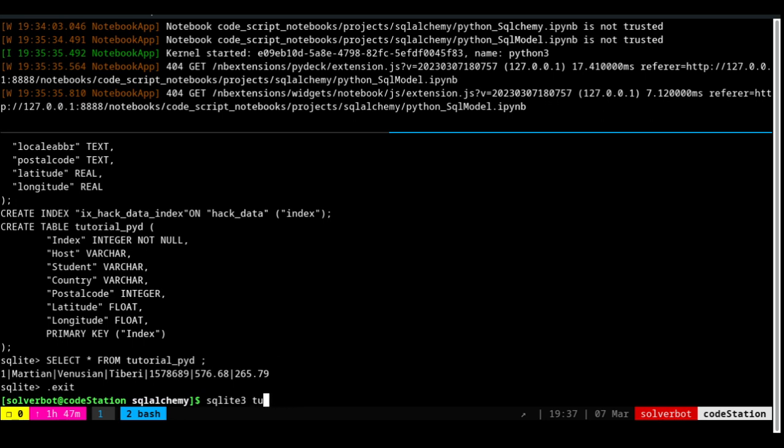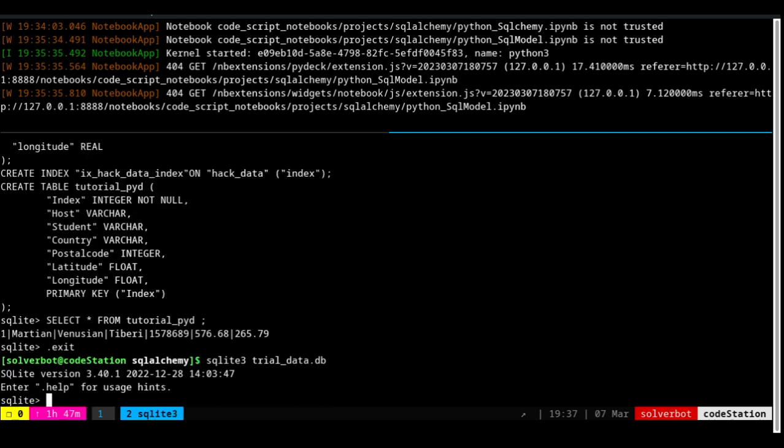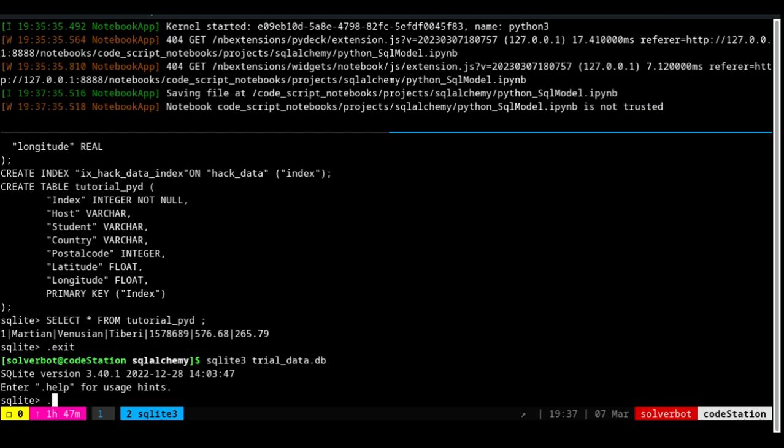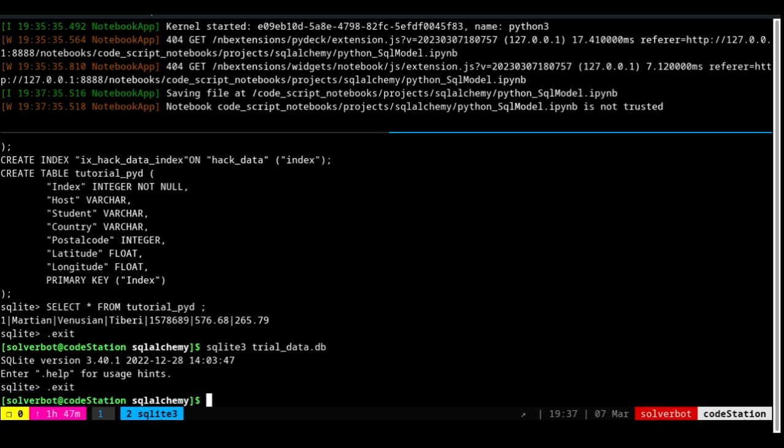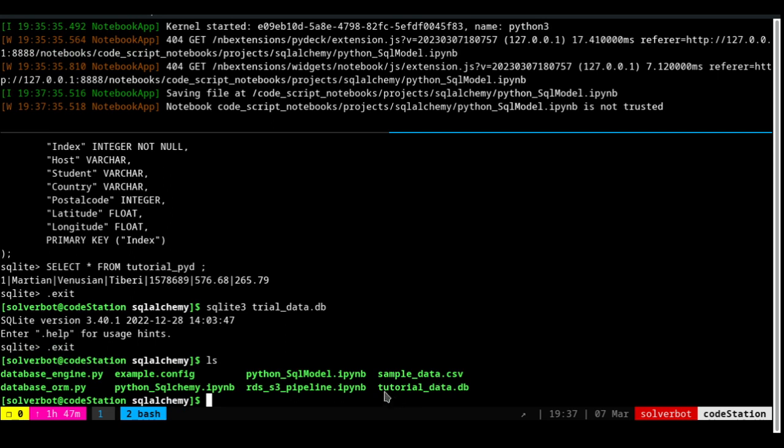In this case, trial_data.db. Once you do this, it will enter into the database directly. Then exit, and if you do an ls, you will see